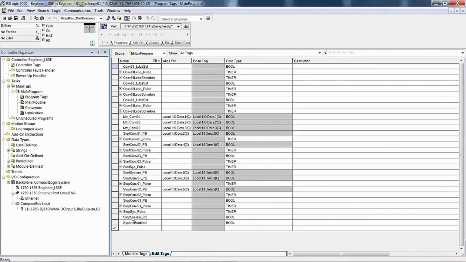See, the ones that we wanted are kind of down at the bottom. So there's the stop system push button, system enabled. We want to keep those, and then we want start. We need the lube pulse. We want to keep that. We want motor conveyor, but it's said to delete all of the start stop tags for the conveyor. So